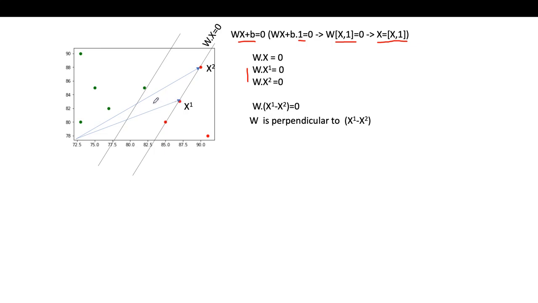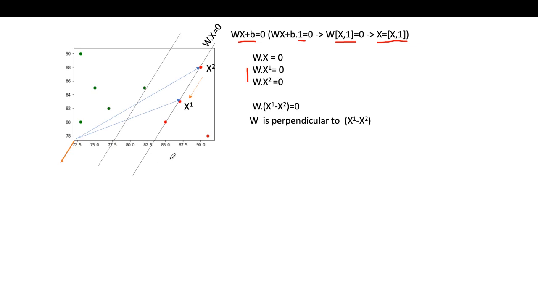So what is the x1 minus x2 vector? We know the x1 vector and we know the x2 vector. From the concept of vector subtraction, x1 minus x2 is this vector, which is actually on this line, and we can say it's parallel to this line. So this is a direction which is parallel to the direction of this wx equals 0, this separator, this boundary line. To understand, let's pull it to the origin. If you pull this vector to the origin and draw it with reference to the origin, it looks like this, and it is parallel to both this boundary line and this boundary line, and should also be parallel to the actual separator line which is in between these two boundary lines.